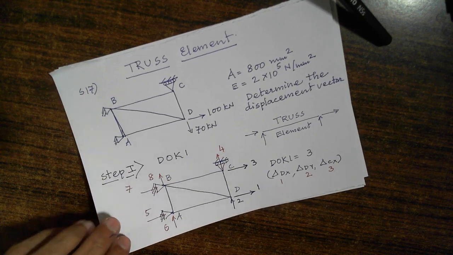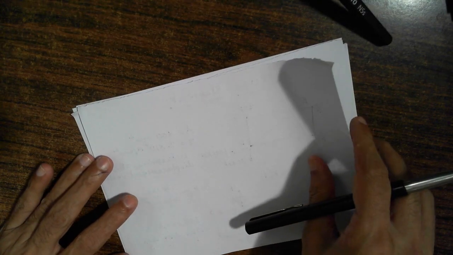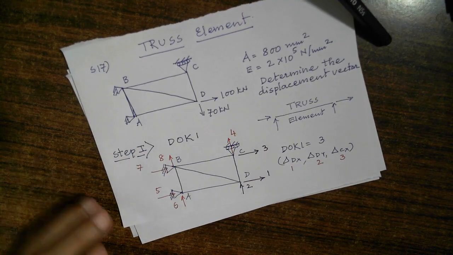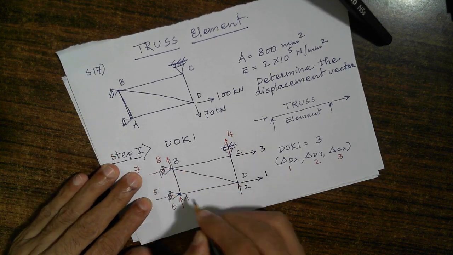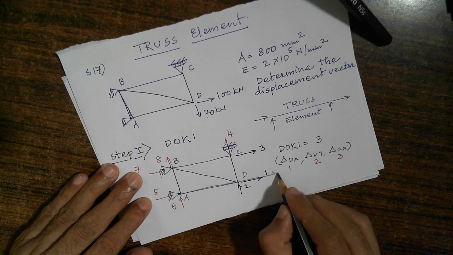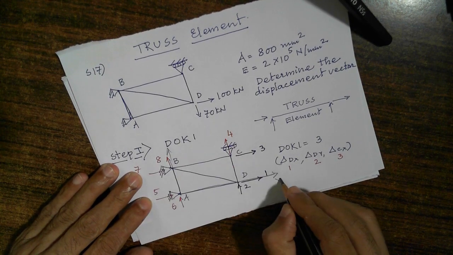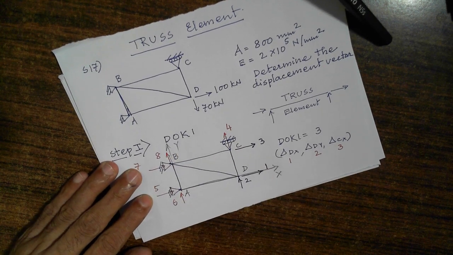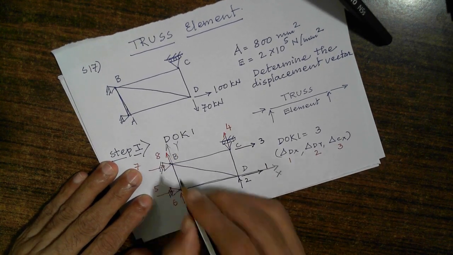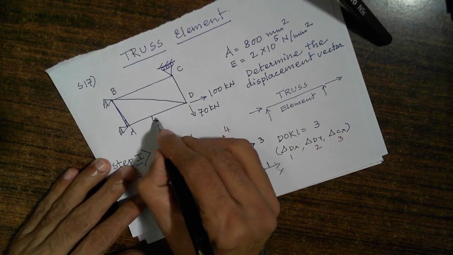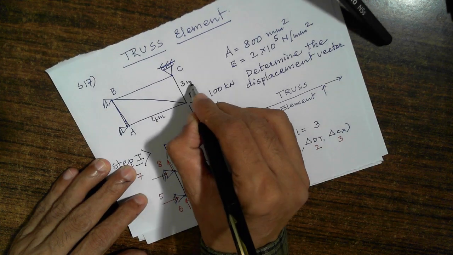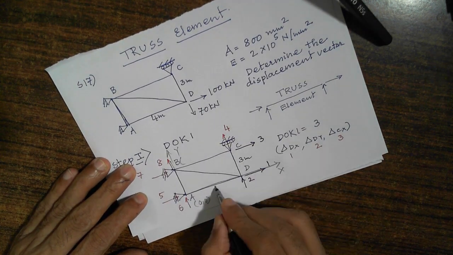Now my next step, as all of you must have judged it right, is joint data and member data. For joint data, I must keep all my structure in the first quadrant as far as possible. So let us say I am passing my axis through A. This is my positive x-axis, this is my positive y-axis. A is 0, 0. This is 4 meters and this is 3 meters.